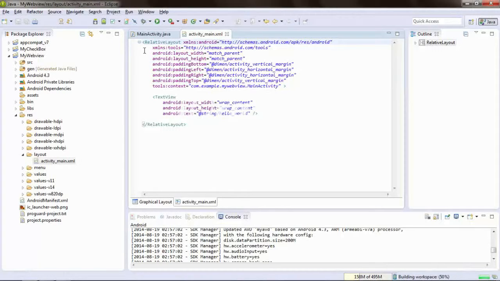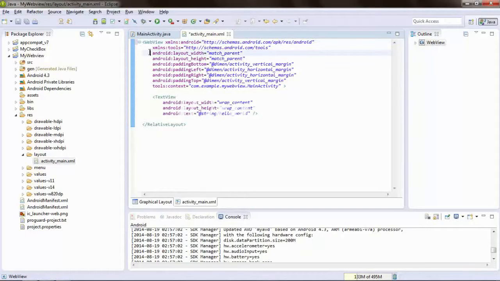First, we will change our XML into WebView. Delete this relative layout and change it into WebView. Then delete all of this and type WebView.